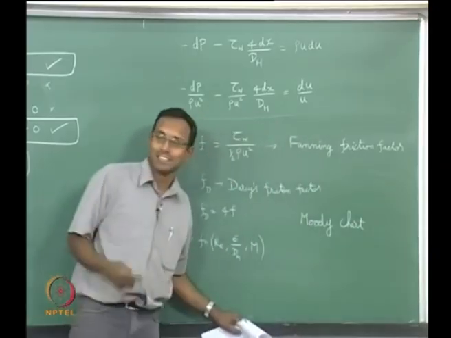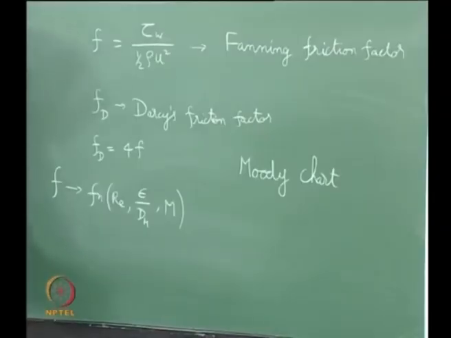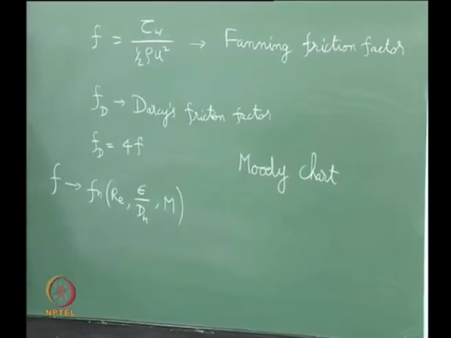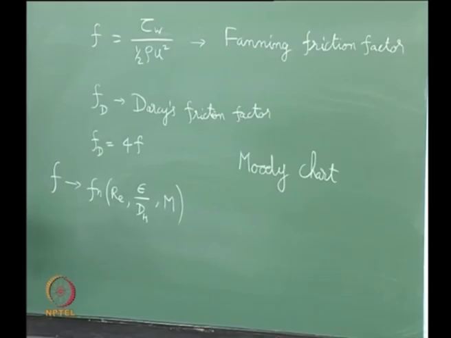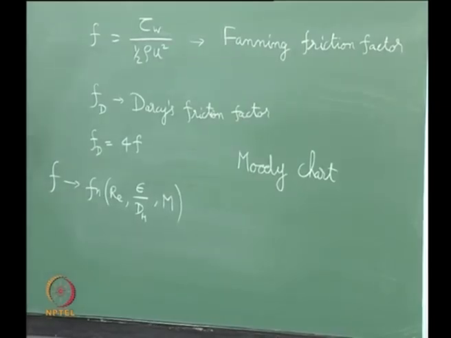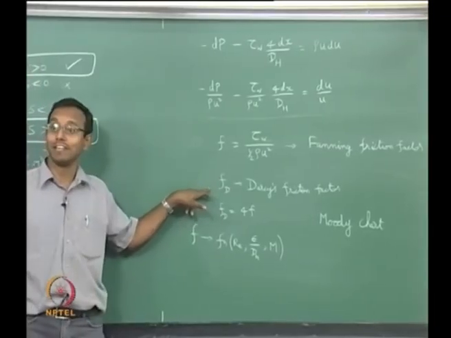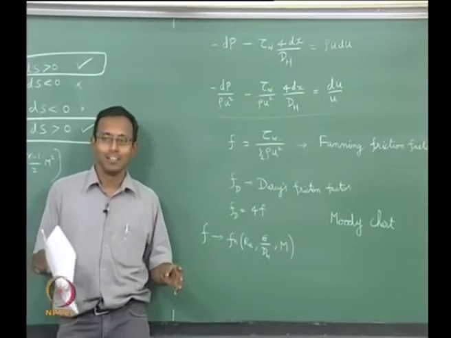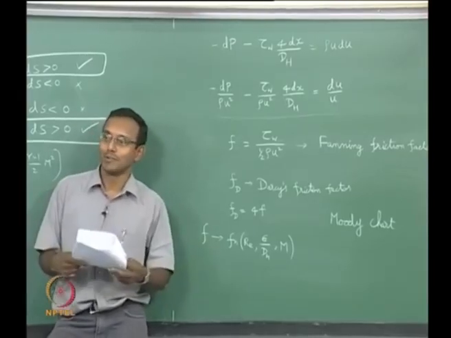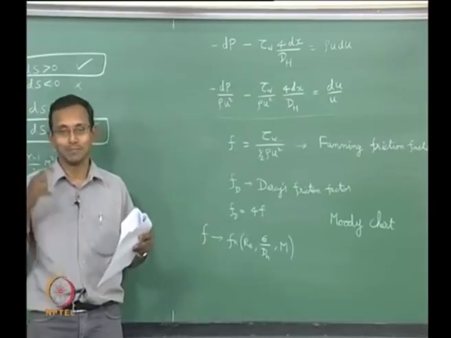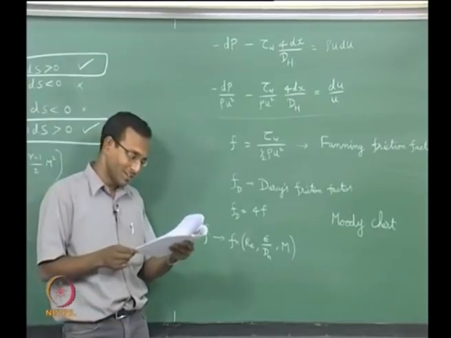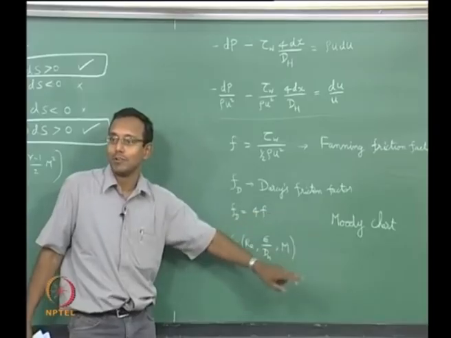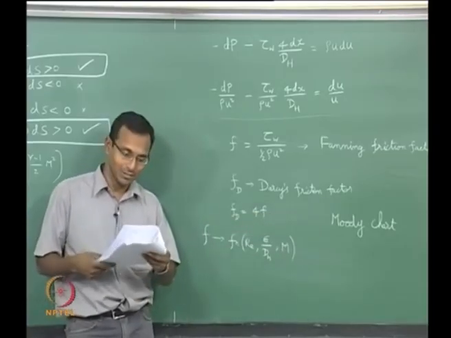Moody most likely is somebody else, I do not know his history right now, mostly somebody else who actually gave it in a plot form. And for incompressible flow people have given an expression for this f_D. There are 2-3 formulas, they are all called Colebrook formula, there are 2-3 versions of it, whichever one you want to use you can use, they will all give roughly the same curve, there will be small variations this way or that way, but they will all be giving the same thing. In fact, the Moody chart is a plot of that Colebrook formula.